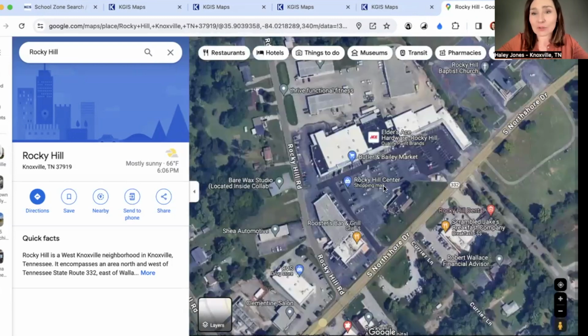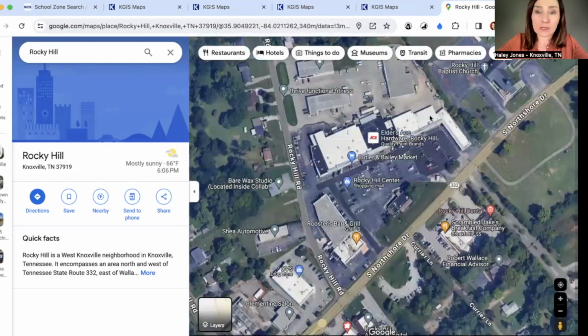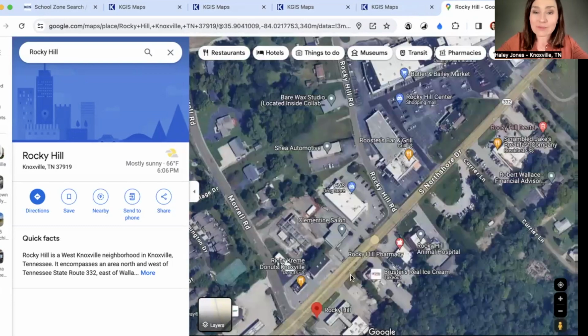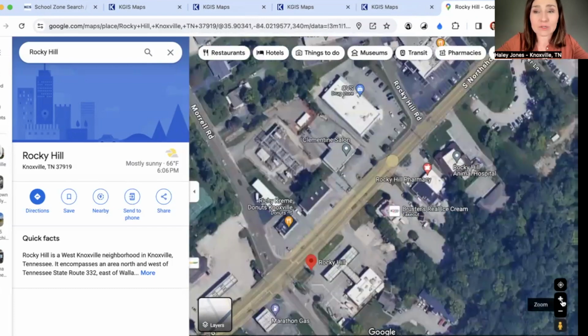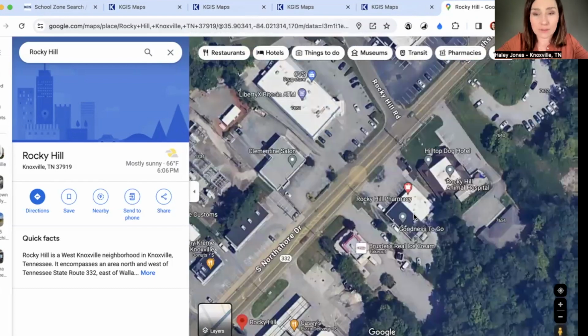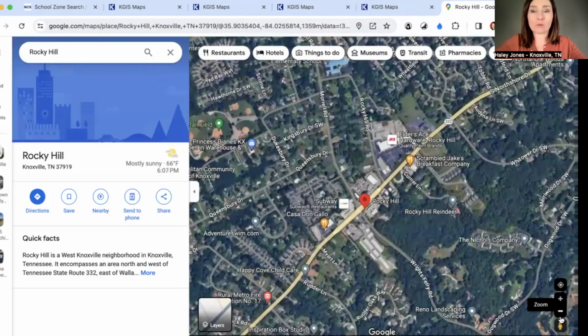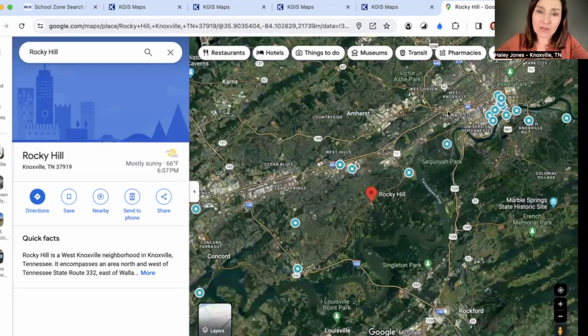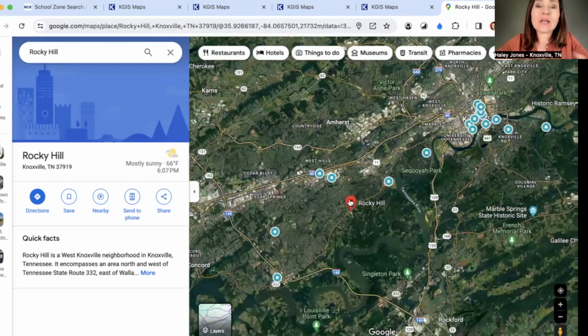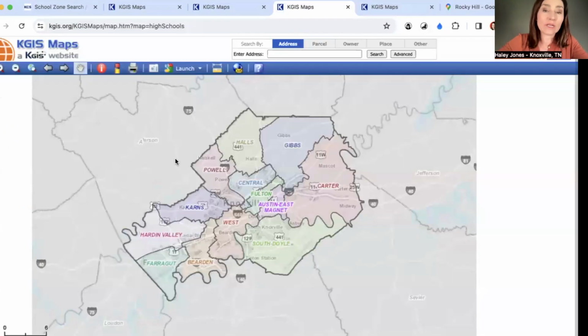You can't really tell on Google Maps, but there's an Elders Ace Hardware, Butler Bailey Market. You've got some restaurants, some of the best takeout ever in your life. It's called Goodness to Go, which sounds so cheesy, but I'm telling you right now, it will literally change your life for the better. Rocky Hill is a super cute area. Then we're going to zoom out and think, where is this in relation to downtown? Here's downtown. But you wouldn't necessarily know to look at Rocky Hill unless you went and checked out some of